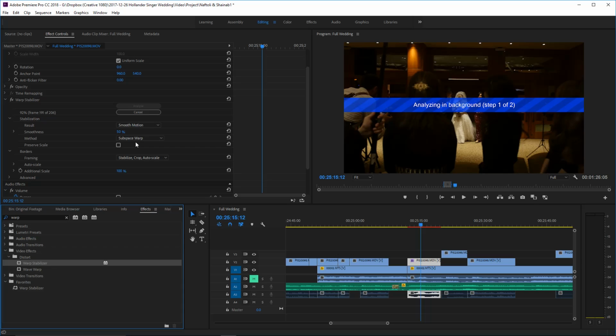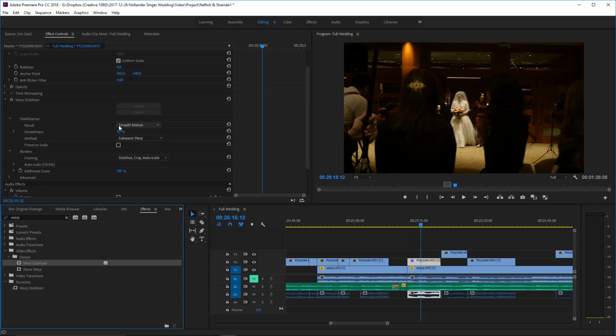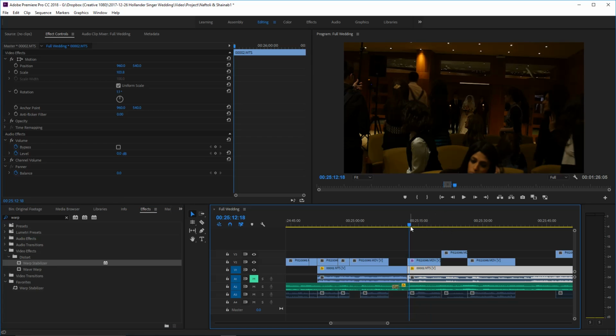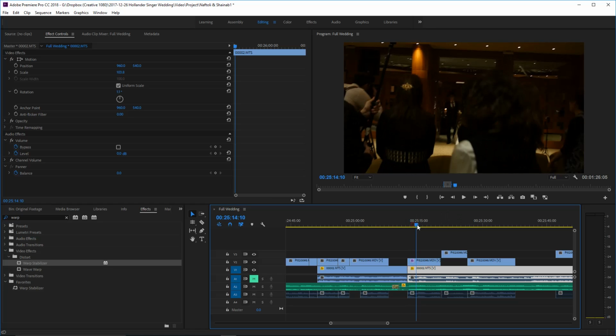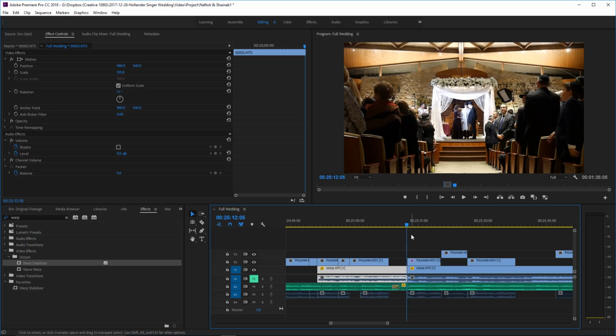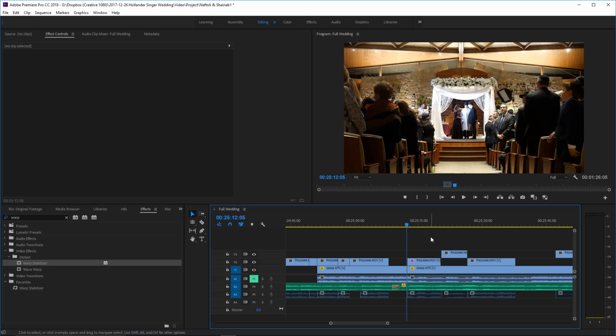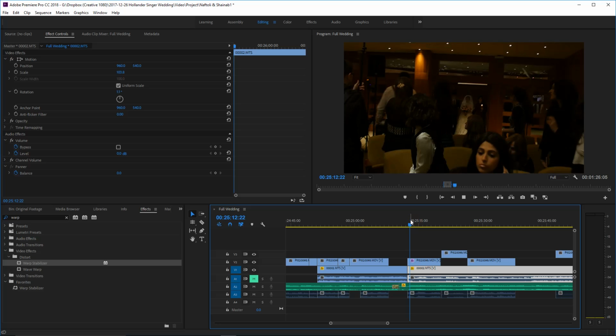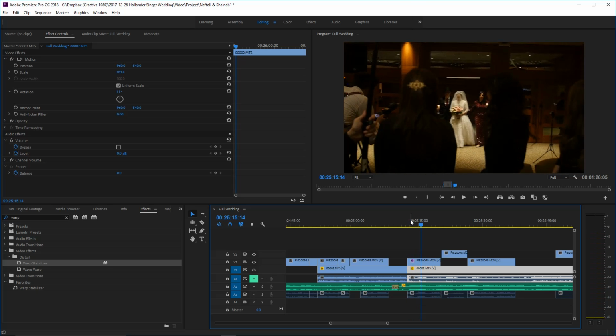The Warp Stabilizer does need a very powerful computer. I had this problem for a long time, till about 4 months ago. I upgraded my whole machine, but this whole thing just took less than 30 seconds on a computer that's not up to par with today's editing. That's going to take a couple minutes, and then it won't play smoothly afterwards. And the fact that it turned yellow up here tells me that the computer has pre-rendered it and it's ready to play it in real time. On an older computer or computer with a graphics card that's not as good, this will remain red and it will not play smoothly.